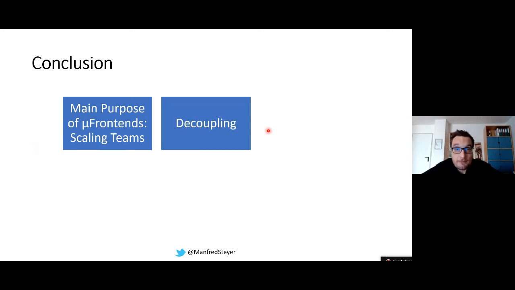It's about decoupling, not only decoupling software products, but also about decoupling teams. They shall work in isolation so that they don't influence each other, so that they don't slow down each other, so that they don't need to participate in all those boring meetings.